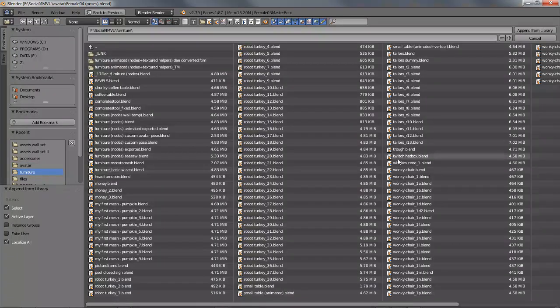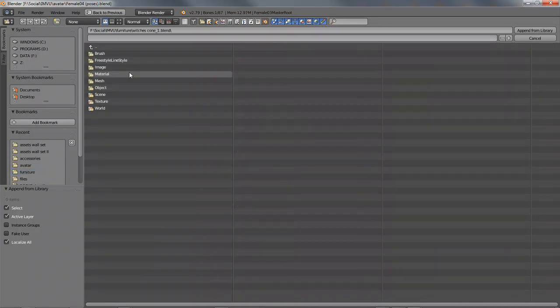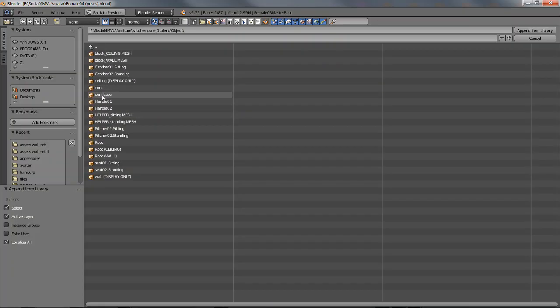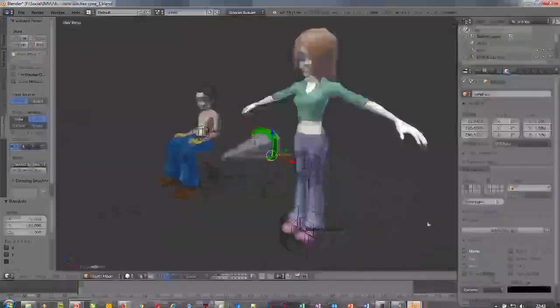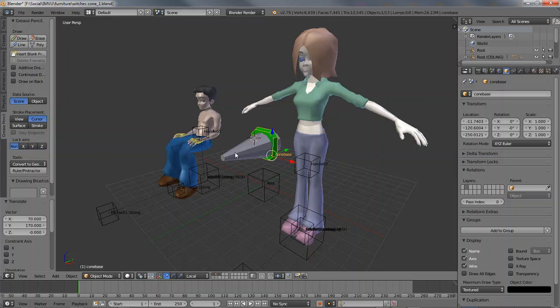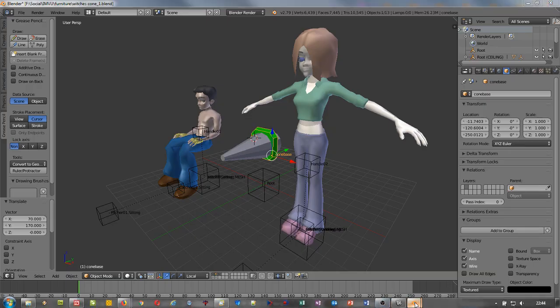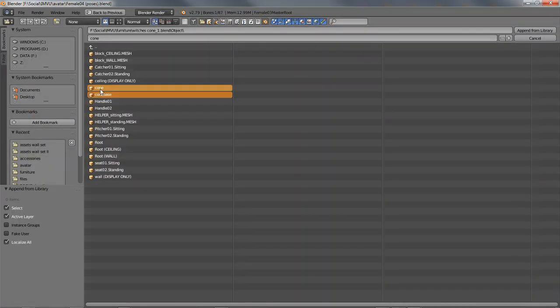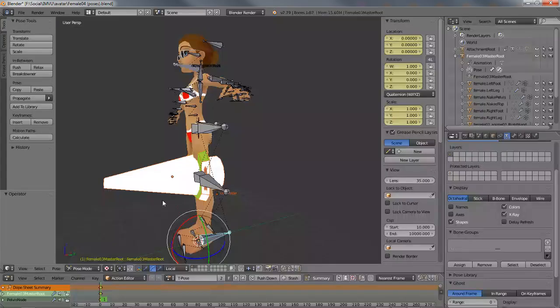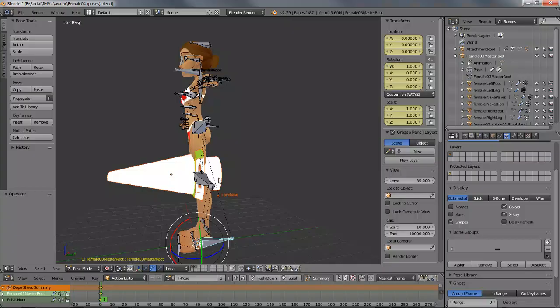furniture, witches cone, click on the object folder, and there are the two objects that we want, which we named. So you name them, and because we want multiple objects, so that's shift left click, because we named them, it makes it easy to find them. Otherwise this would just be, I think it's cylinder, and this would be cube or block. So select and open,